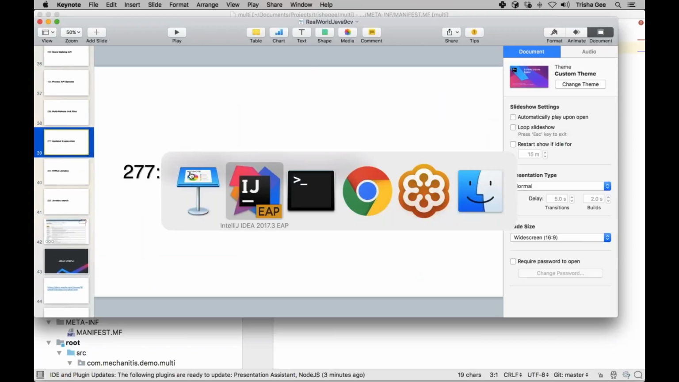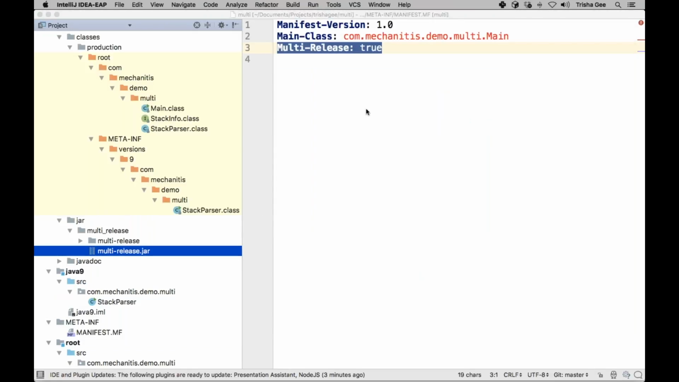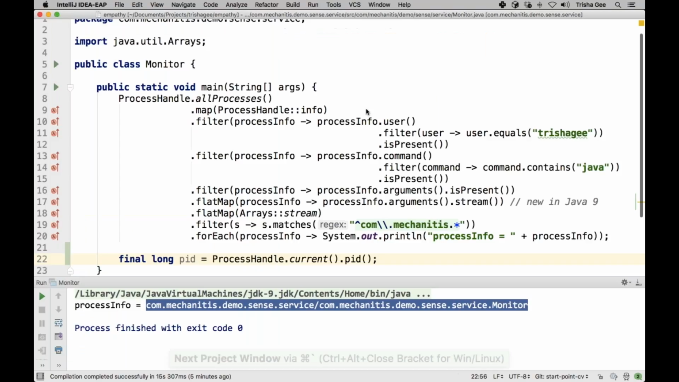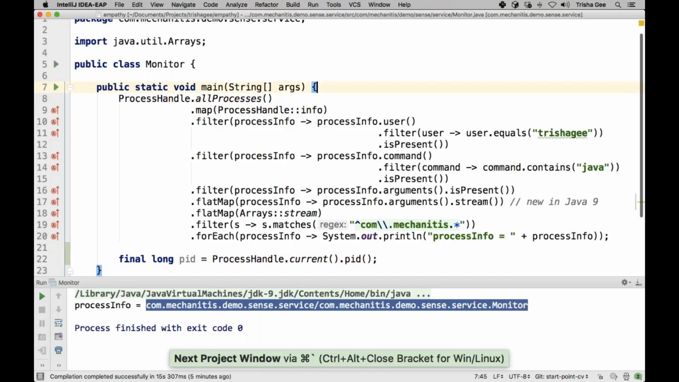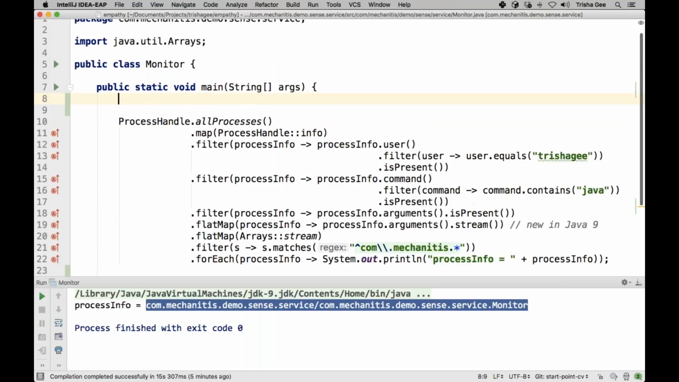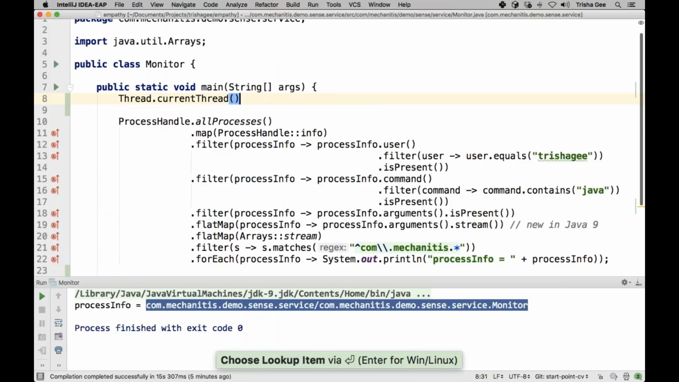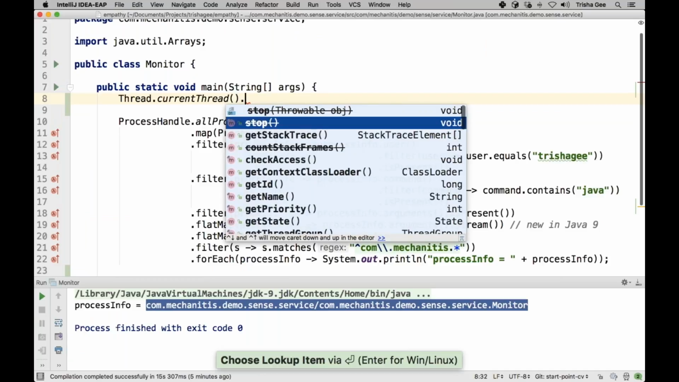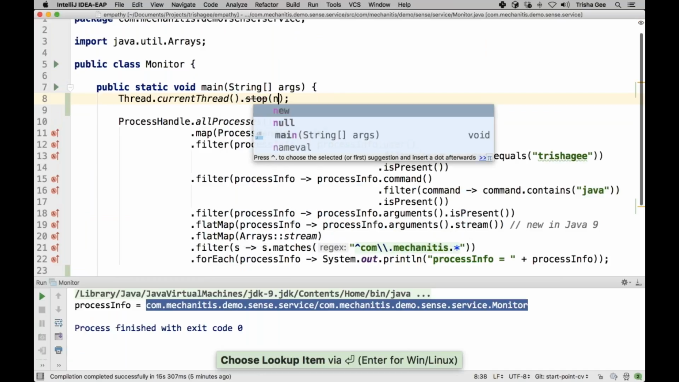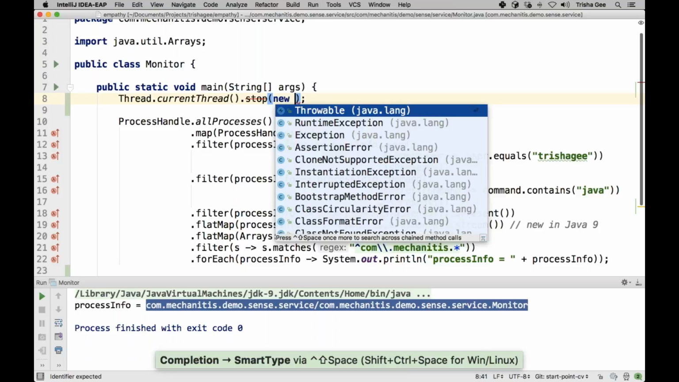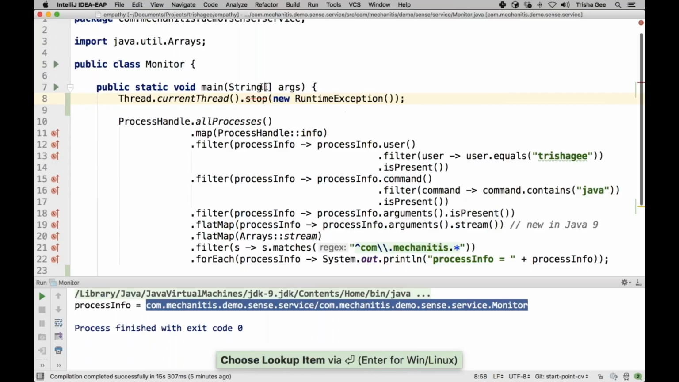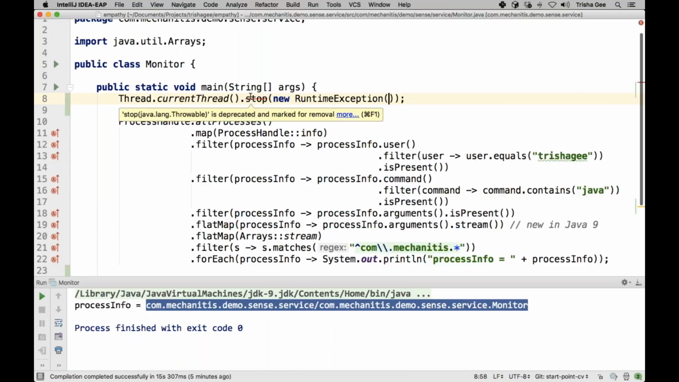Updated deprecation. This will help us as developers trying to figure out which features we should and shouldn't be using. So let's have a look at Thread.currentThread().stop. And then you can see, maybe you can see, I'm colorblind, this is actually crossed out in red as opposed to in black. And it says it's deprecated and marked for removal. If we look at this,